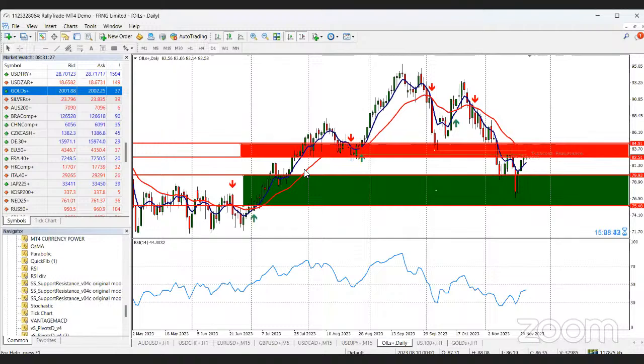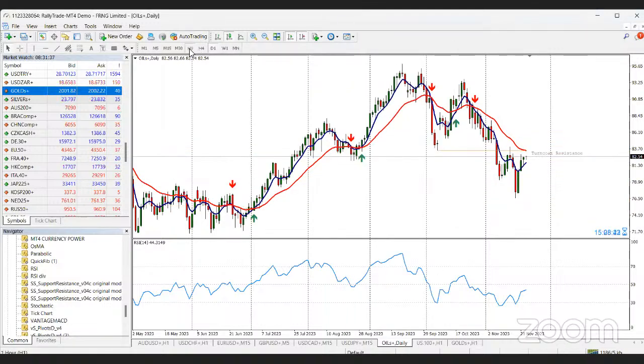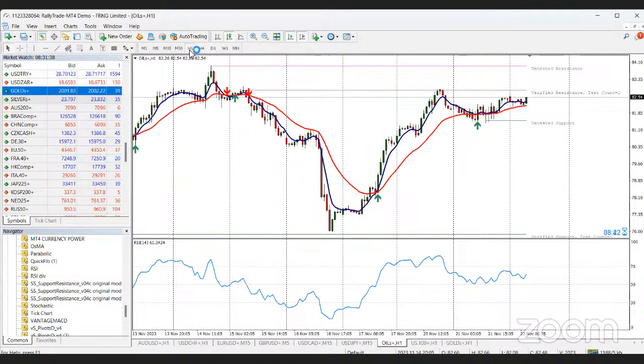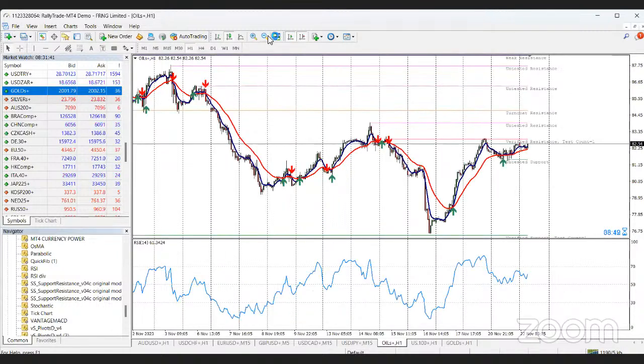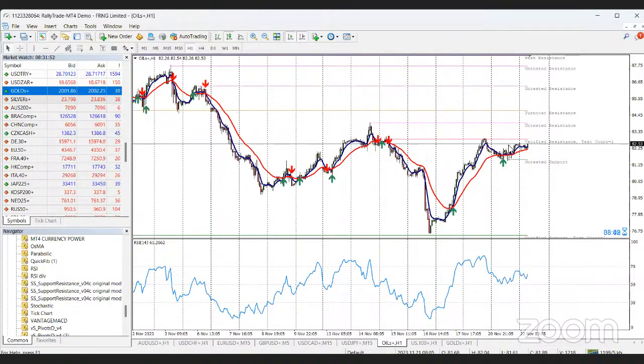So now let's go from our daily time frame to our hourly time frame for our intraday traders. Let's see what's happening now. We can see that in the long run, oil is looking like a sell because you can see it's been falling. However, it's bounced off a strong support region here, verified support, came up to this region, bounced off this verified resistance, and then it has created an untested resistance here.